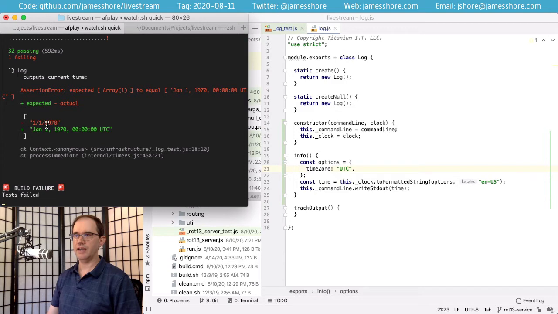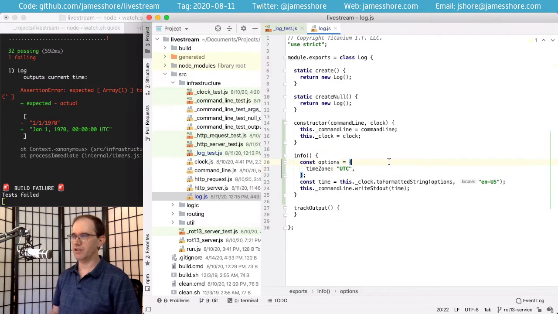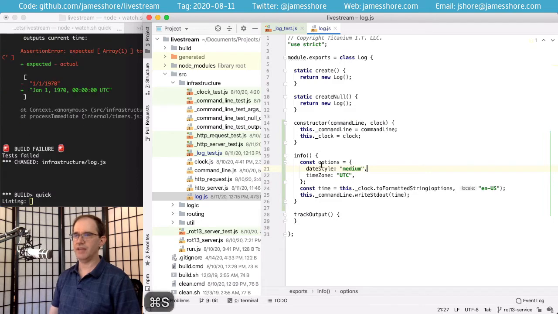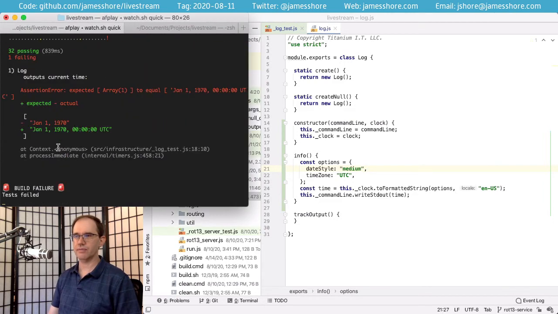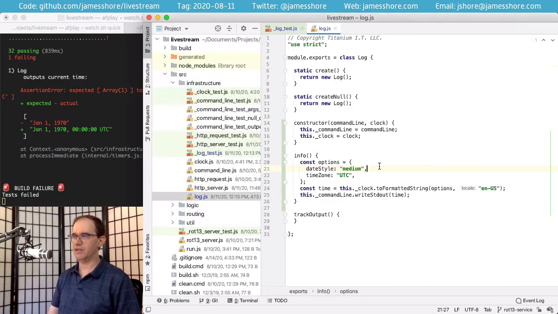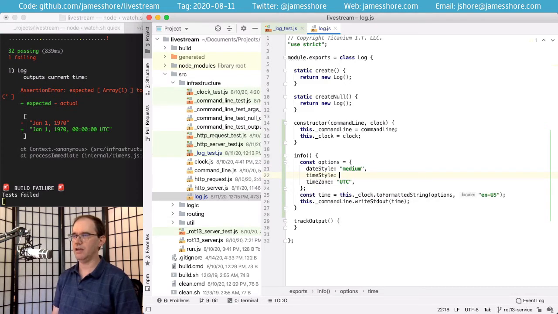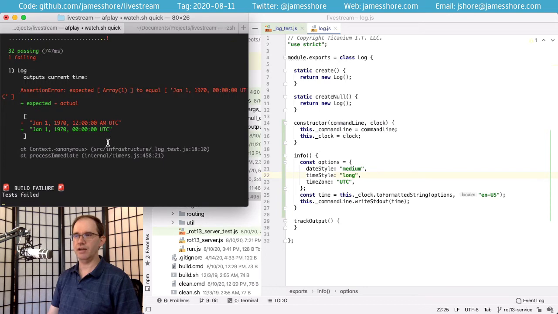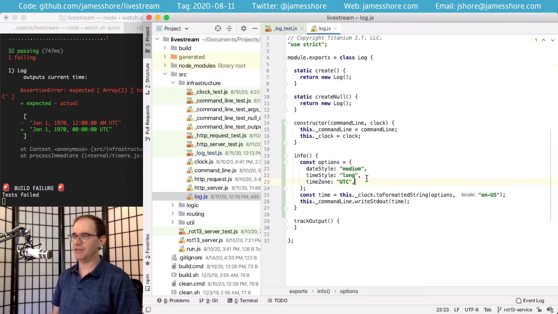And then we're getting a date, but it's not really the format we want. So the date style, well, let's try the medium date style. Yes, and now we need some time. So we'll go with the long time style. I believe that's the one that has the time zone in it. But that's giving us 12-hour time instead of 24-hour time.